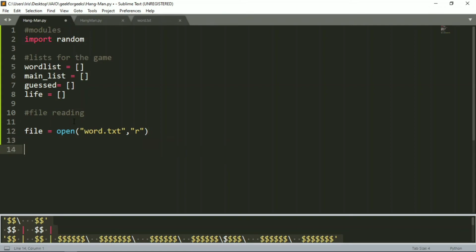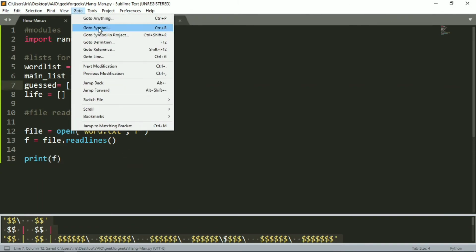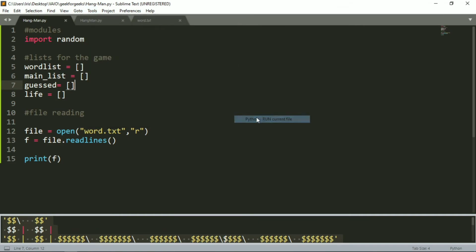Okay. And now we will create just another variable f and use our previous variable, file.readlines. What this readlines will do is simply read the lines present in our text file, as simple as that, and it will save it into our f variable. Okay, so let me give you a quick explanation and show you how this program works right now. Let me press Control S to save this program, and let me go to my Sublime Text where I run my programs.